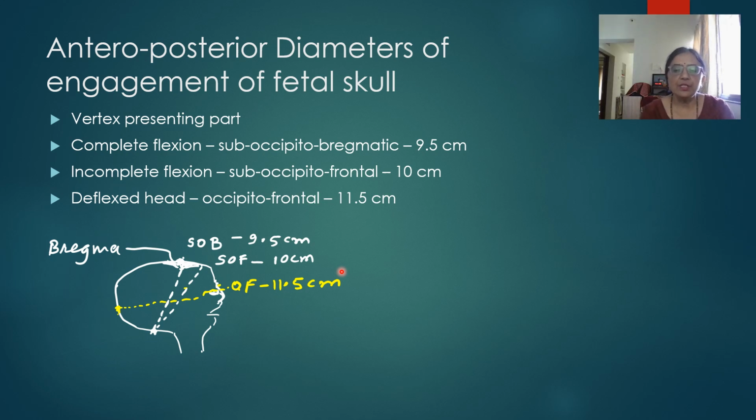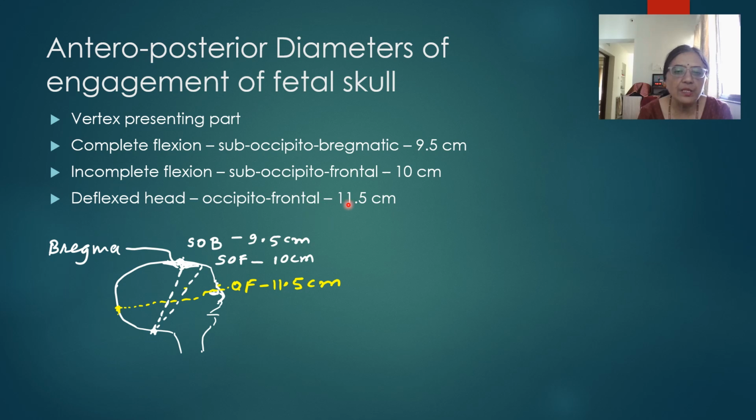Any condition which leads to deflexion of the fetal head, such as an occipito-posterior position, or multiple loops of cord around the neck preventing flexion of the fetal neck, whatever changes this attitude of universal flexion and leads to deflexion of the fetal head,